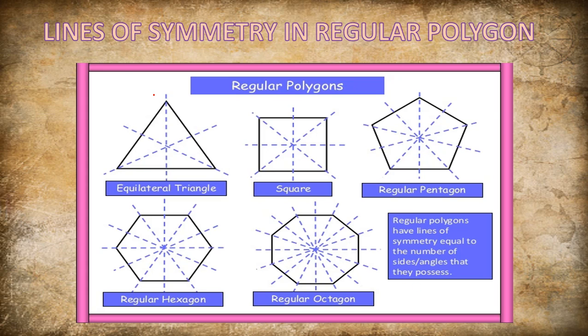So here we have the concept of symmetry: when we fold a paper or any object or any image into exactly 2 equal halves, then the figures are known as symmetrical figures, or this concept is symmetry. This line which divides the figure or image into 2 equal halves is known as the axis of symmetry or line of symmetry.